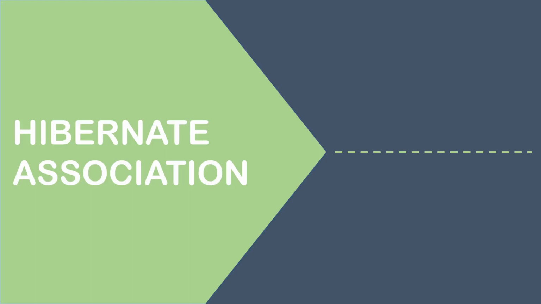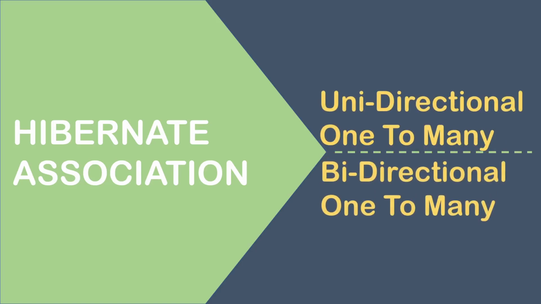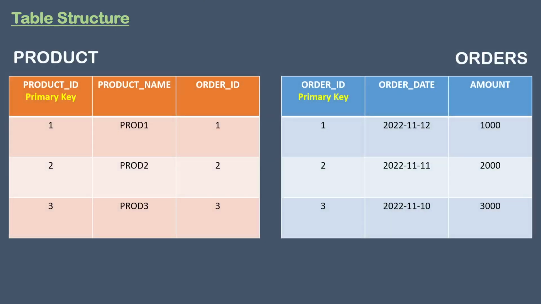Hey guys, welcome back. In this video, we will talk about Hibernate association, and we will talk about unidirectional and bidirectional one-to-many mapping. For that, let's see a table structure between order and product. The relation is one-to-many, meaning the order holds multiple products,